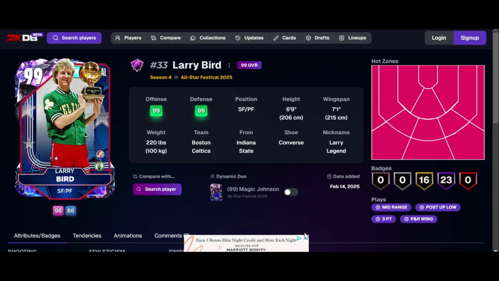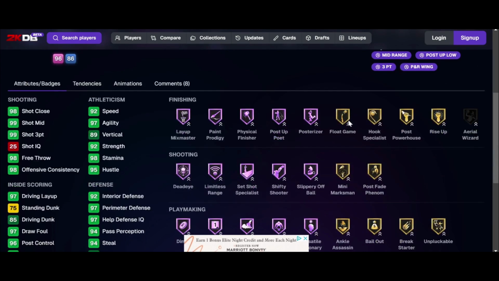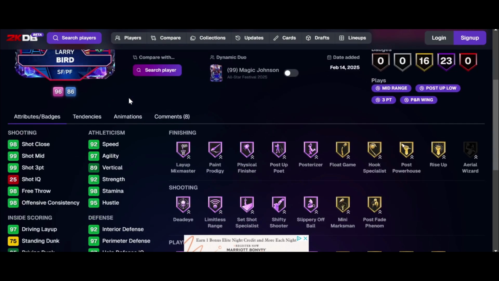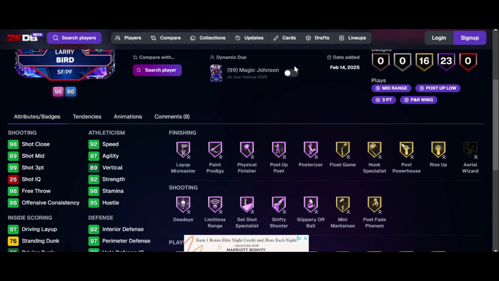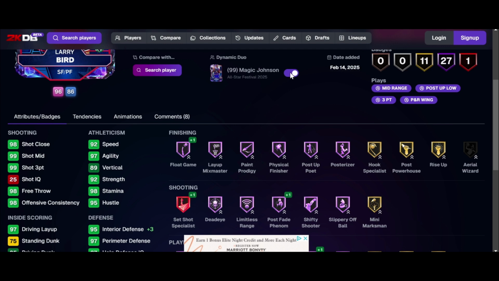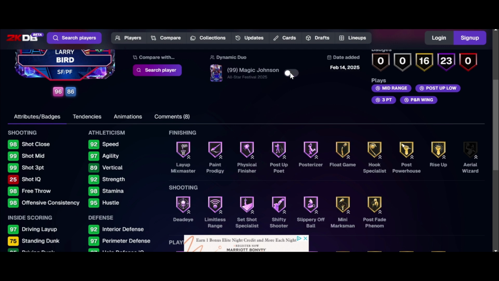Larry Bird, important to note, does get a duo with Magic Johnson. 6'9", 7'1" wingspan, spots from everywhere. Festival card here. 99 3-ball, 92 speed. Defensively perfect. Larry Bird based on very quick, Russell Westbrook dribble style. Looks pretty solid. Now with the duo, he does get extra Hall of Famers, including that extra Legend set shot specialist,